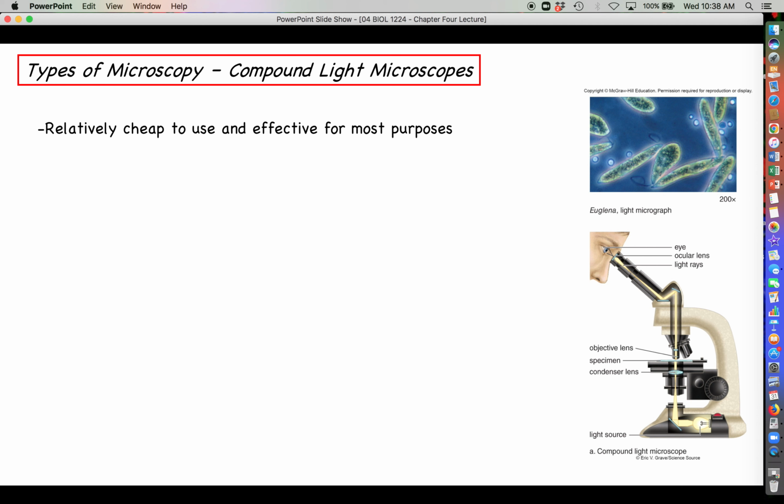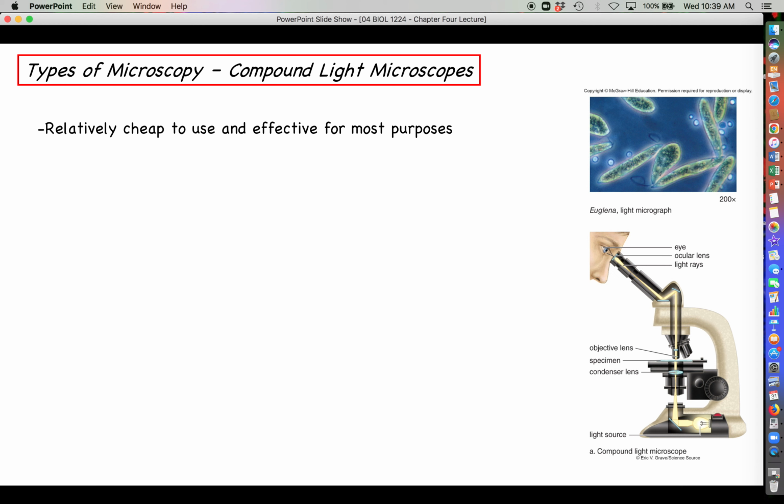Okay, with all of that in mind, that explains why cells need to be very, very small, so we can understand that because cells are small like that, we need microscopes in order to look at them. So let's talk about different types of microscopes and different types of microscopy. The first one we're going to talk about is called compound light microscopy. The nice thing about this is that a compound light microscope is easy to get, cheap to buy, and effective